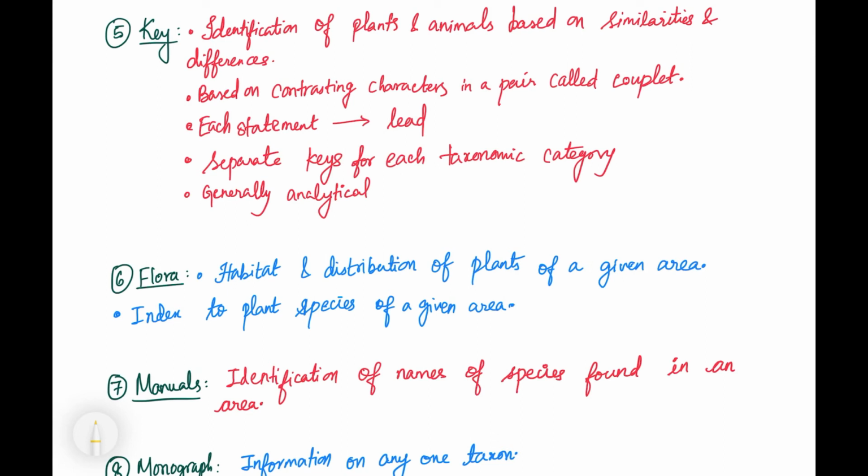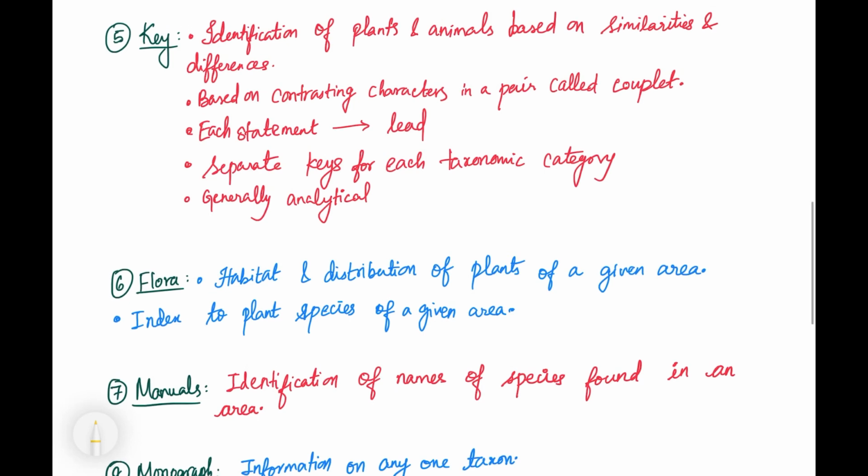If you see, what is a key? Now I just saw a flower and now I want to find what flower it is and what plant it is. What will I do? I'll come and check the key. If it is a white flower, the key will tell this flower is this, and if it's a yellow flower, it will say this flower is this, like that. 2 contrasting characters will be present in a pair which is called a couplet,